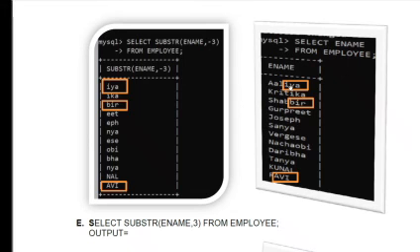You can very easily conclude it gives the last 3 letters of all employee names. The employee names have variable length, maybe 4 letters, maybe 5 letters, but the last 3 letters will be returned.